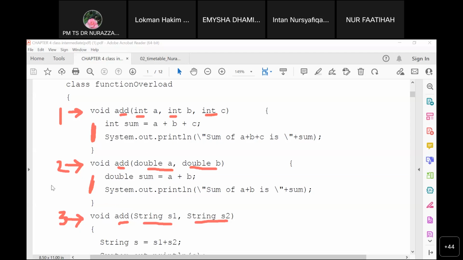Okay, but you can see semua nama dia sama. Nama method tu sama dalam kelas ni, add. The difference is the parameter. Okay. Any question so far? So dalam method yang pertama, in the first method, it wants to add all 3 parameters